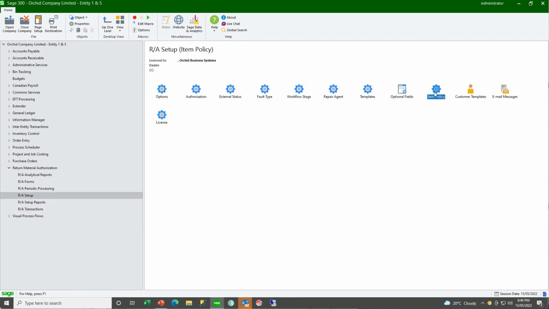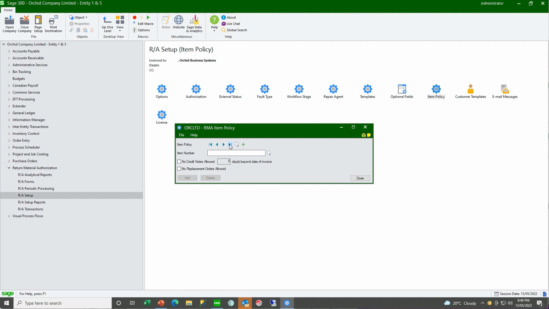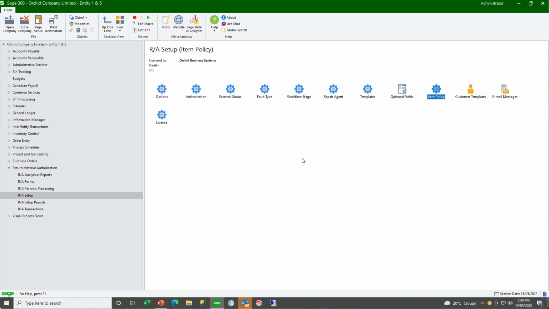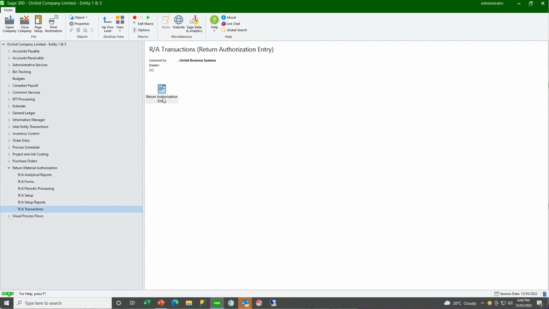And finally, using item policies, if we look at this item for the whiteboard marker, we do not allow credit notes unless it's within 30 days of the date of invoice, and we do not allow replacement orders. So if we go ahead and create an RMA,